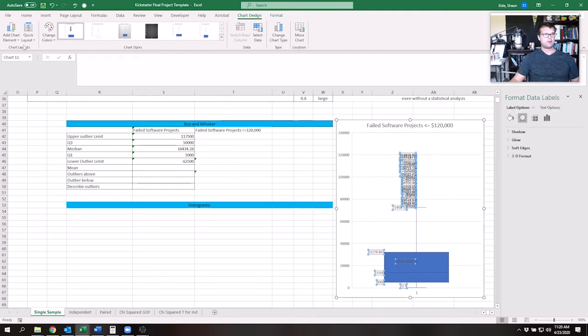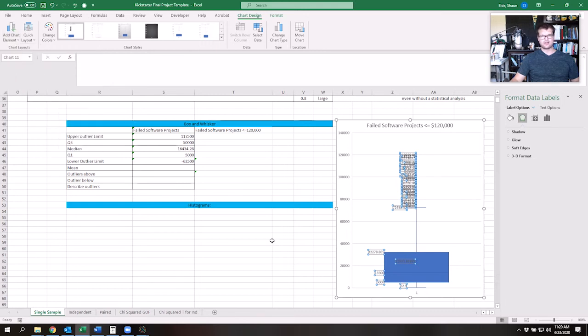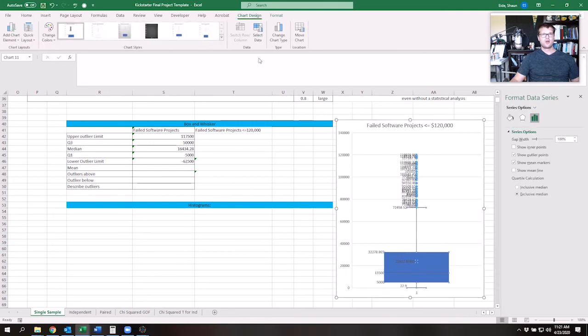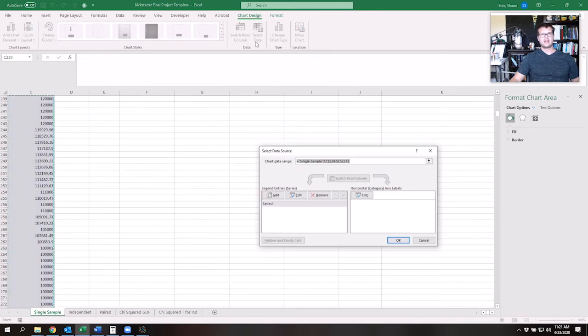And so remember, put the chart elements here. So we put the data labels in there. We put them to the left, and all those outliers, they are up there. So we've got the data labels here. But in order to get the source, where is this data coming from? If you double click on the edge of it, then you can say select data, and it's right there,